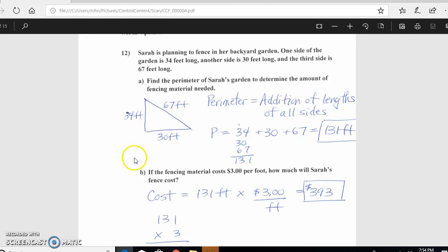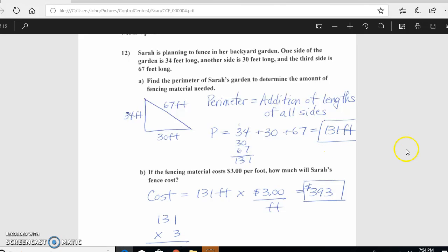And we have three sides of her garden, and so I've drawn the three sides here in this triangle. One side is 34 feet, one side is 30 feet, and the other is 67. And we're asked to find the perimeter. The perimeter is the addition of all the lengths of all sides. And so the perimeter is going to be 34 plus 30 plus 67. And you can see I've done the addition here by hand. And the total perimeter for the fence, which is going to be all the way around the garden, is 131